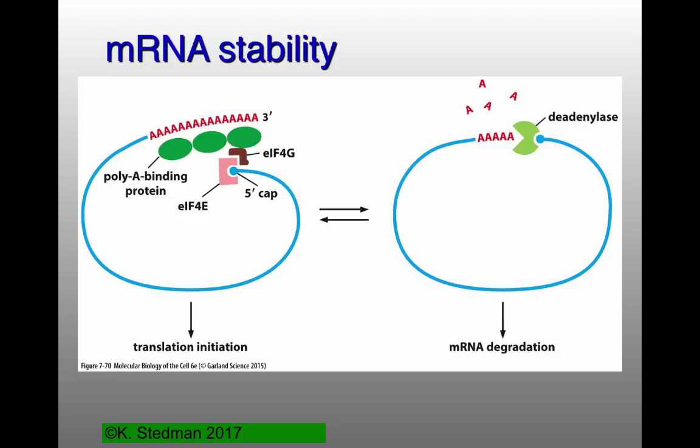And again, we talked about RNA stability. Messenger RNA stability mostly has to do with the two ends of your messenger RNA being associated with each other. The 3' end, which has your poly A tail, the 5' end that has the cap, and then often other proteins that are going to be associated with either the 3' UTR or the 5' UTR, which will block the hungry exonucleases that otherwise would be chewing up your messenger RNA. And so the presence or absence of some of these proteins, we looked at the aconitase example, has a lot to do with the stability of a messenger RNA and how much of it you get back out.